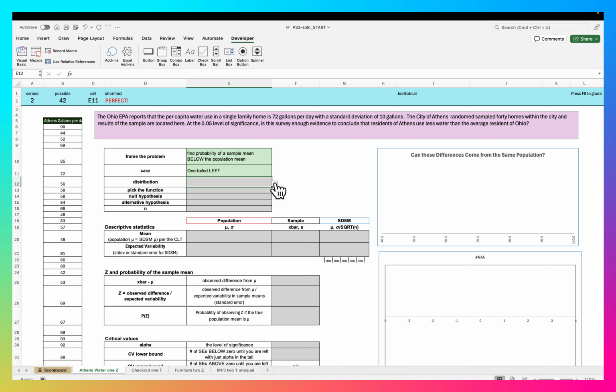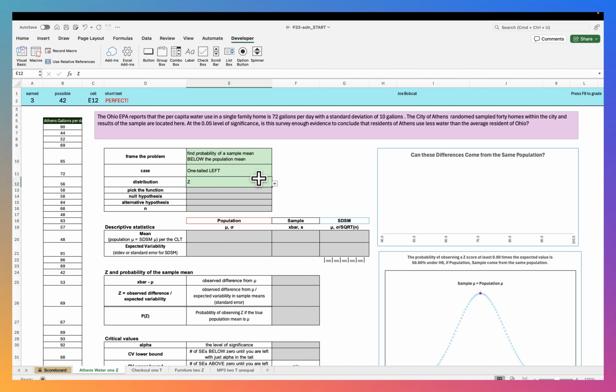And the distribution is going to be a Z distribution. The reason for that is that we know the population standard deviation. It was given right here as 10 gallons. Whenever you know the population standard deviation, you have a Z distribution. Pick the function. Well, it's going to be norm.s.dist because we're going to calculate a Z-score, and then we're going to compute the